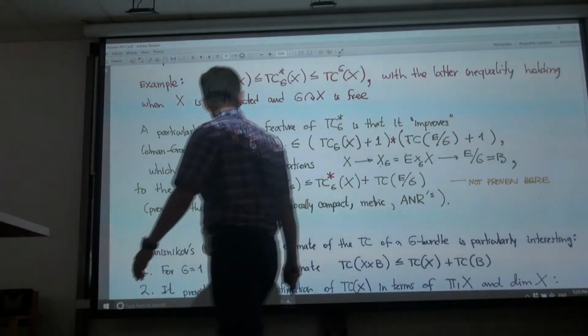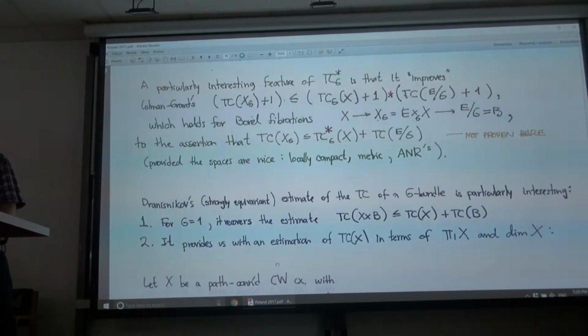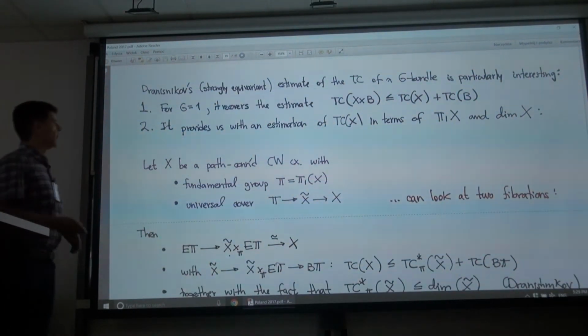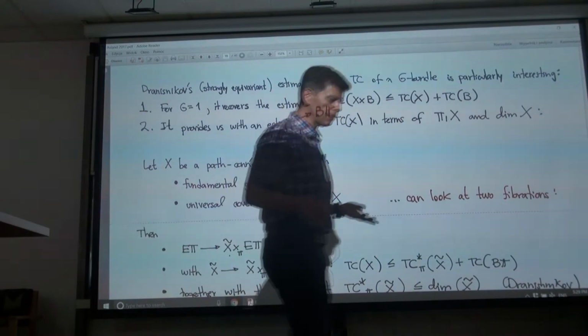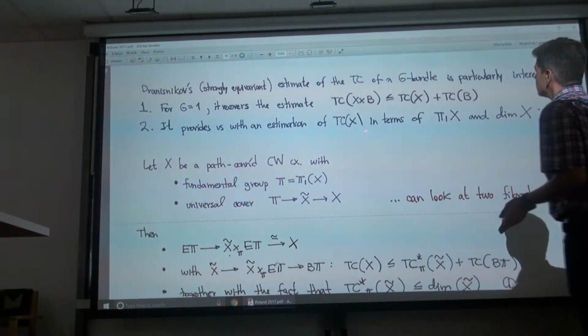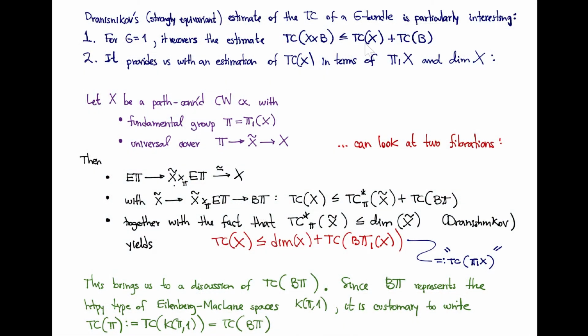And that's amazingly nice, essentially because if the group G is trivial, of course you have a trivial fibration and you recover the product formula. But also it allows you, I'm not going to be proving that result, it's a little bit more technical, but I'm going to be using it for the next topic. Namely, you can use that result to get very nice, sometimes useful, sometimes not,